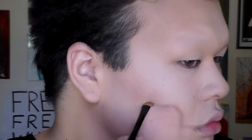and grab this MAC shadow in Quarry. As far as I know, there's a bunch of dupes out there, so you could totally do that, and that's probably what I'm going to do when I have to buy a new one, because this one has a giant hole in it now. So I am just marking out the rough general shapes of this skull using a kind